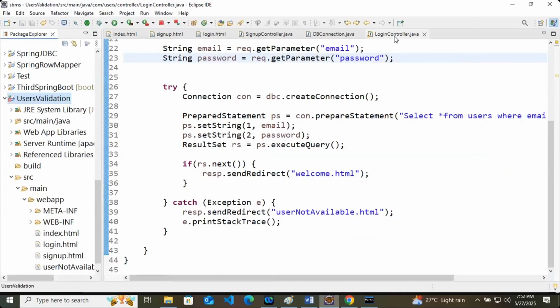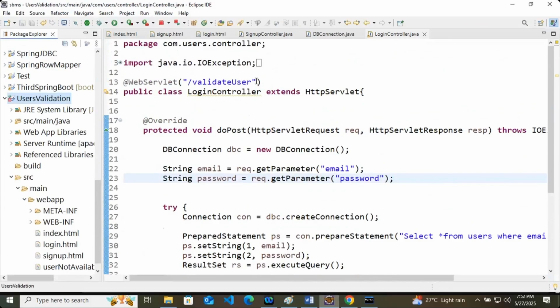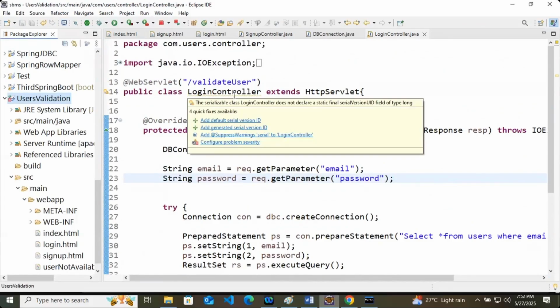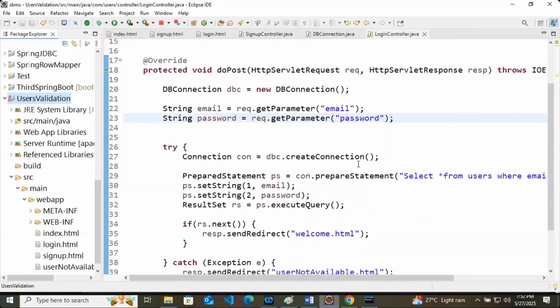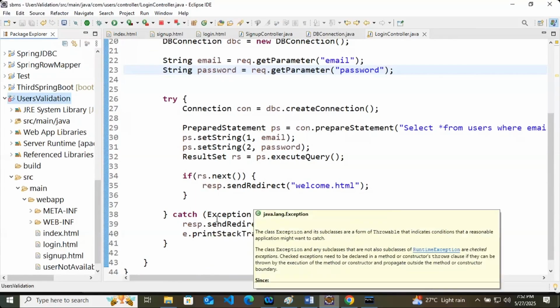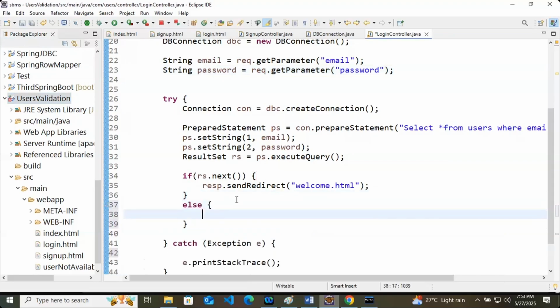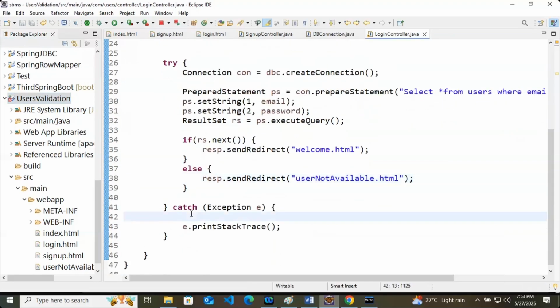In the login controller, it is taking us to validate user, and this validate user is not taking us anywhere. It should do these kinds of things, right? So we have to check whether it is even working or not. One mistake we made here, first of all, this response dot sendRedirect should be in the code of else. First mistake, because we are not getting any error, so catch will not work.